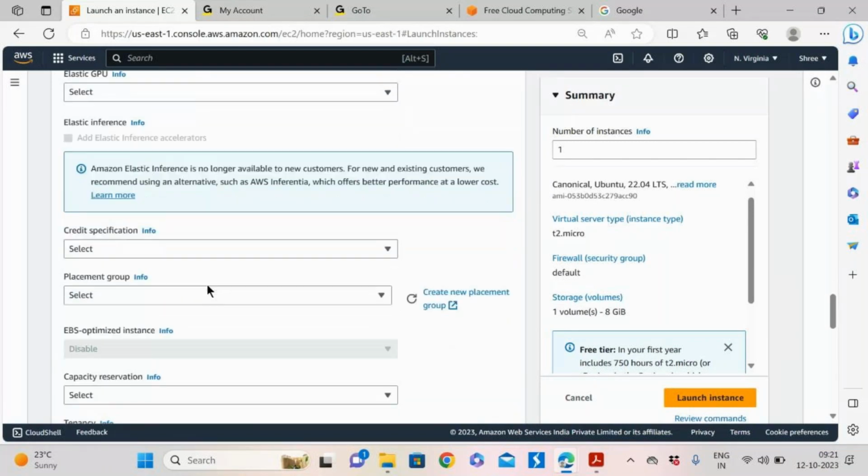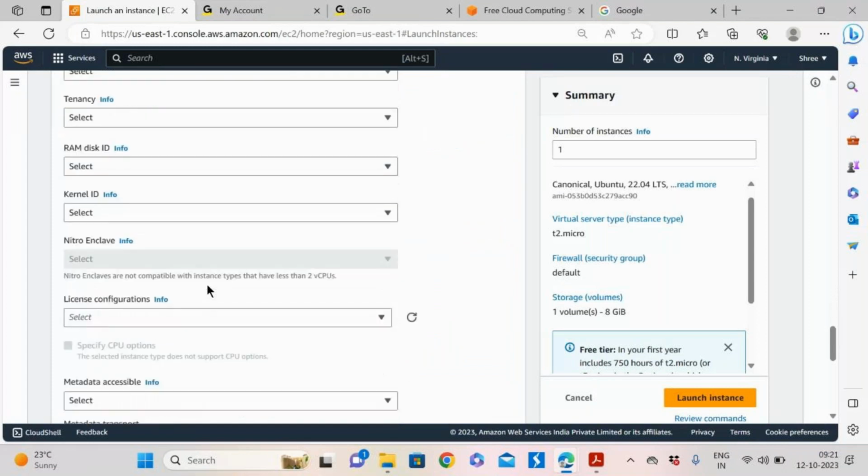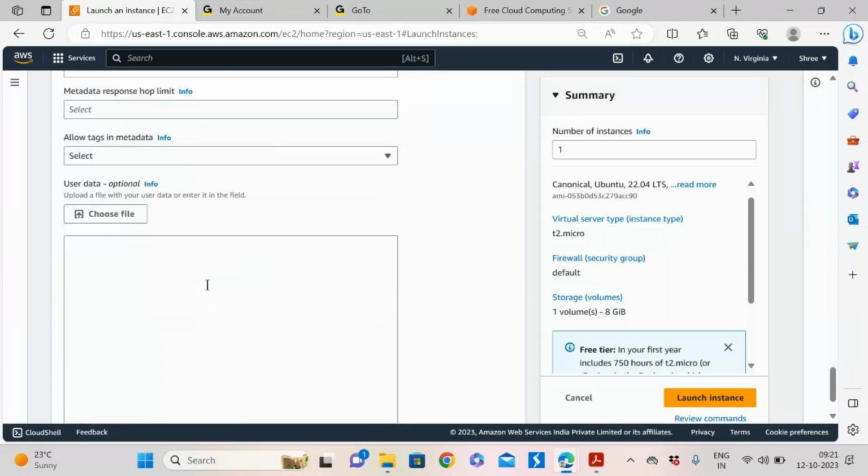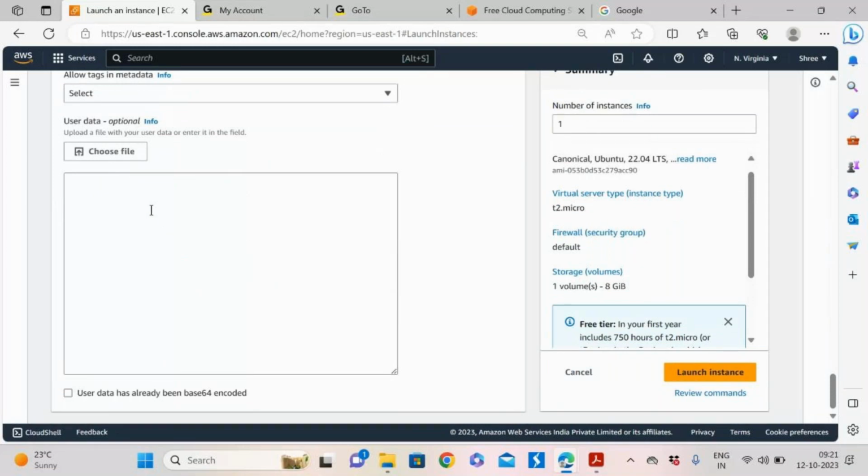The important thing here is user data. User data is the section where, for example, after launching the instance, I want to install some software or configure something. Normally we can install anything only after logging into the virtual machine.